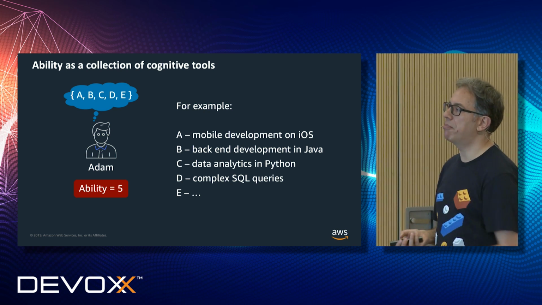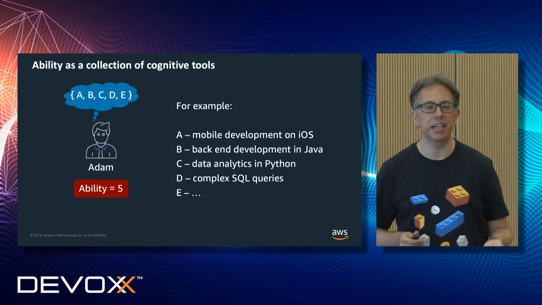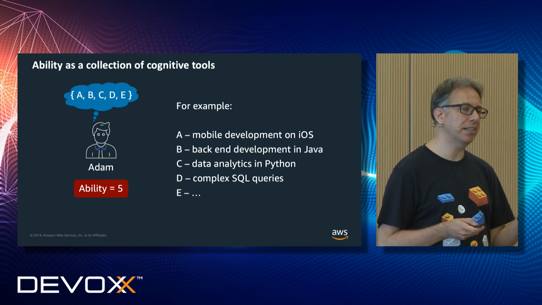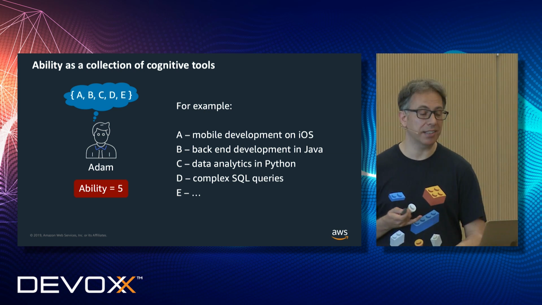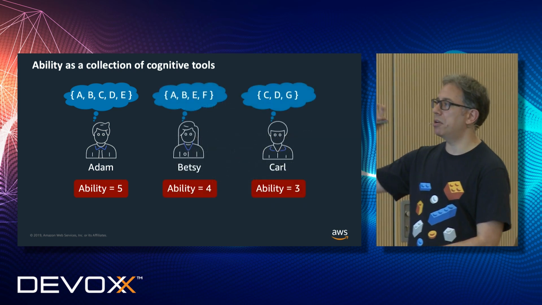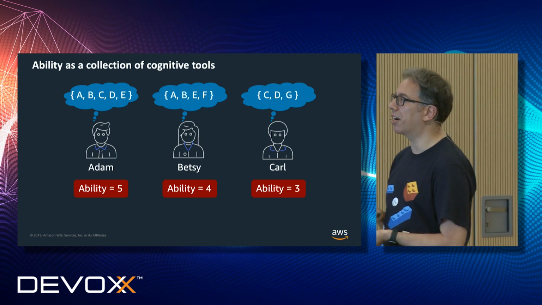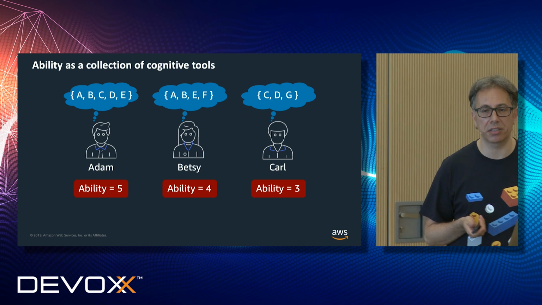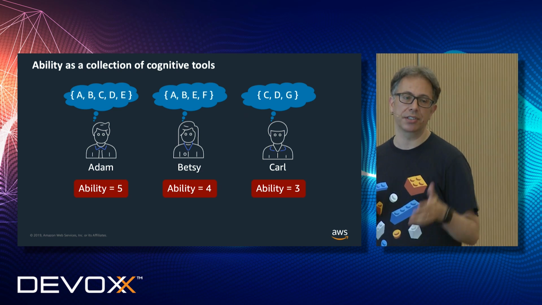I have 5 major abilities, A, B, C, D, and E. This is just a model. But these models can help us understand how we can work as a team. Because let's say that I have these 3 people here, Adam, Betsy, and Carl. Each of them has their own unique experience and different cognitive tools that I am representing with letters because it's